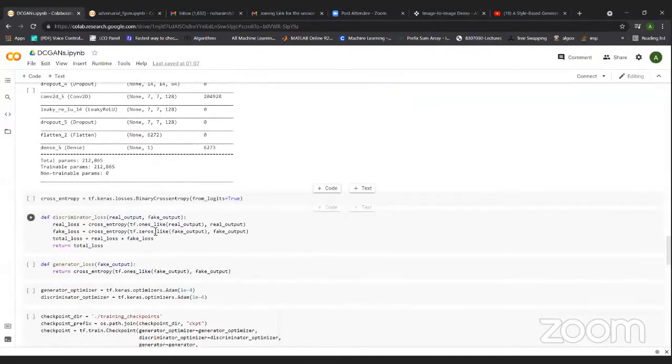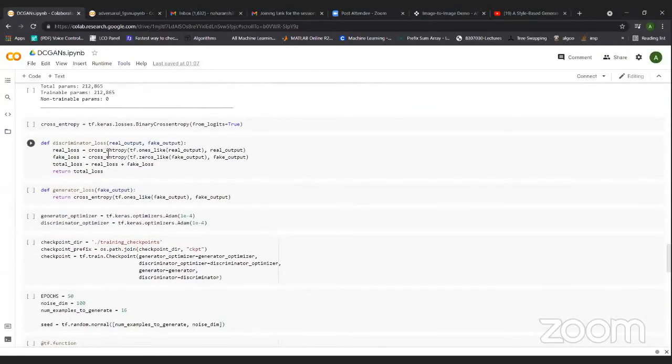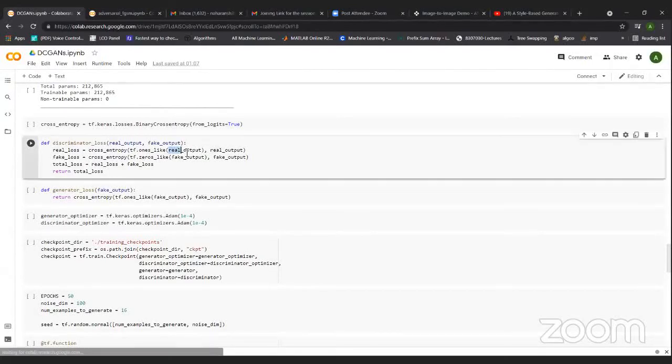So now let's define the discriminator loss. The discriminator loss consists of two things I told you: the real loss and the fake loss. The real loss is for the discriminator to correctly identify the real images as one. So this is a cross entropy loss, and this is telling that your discriminator is